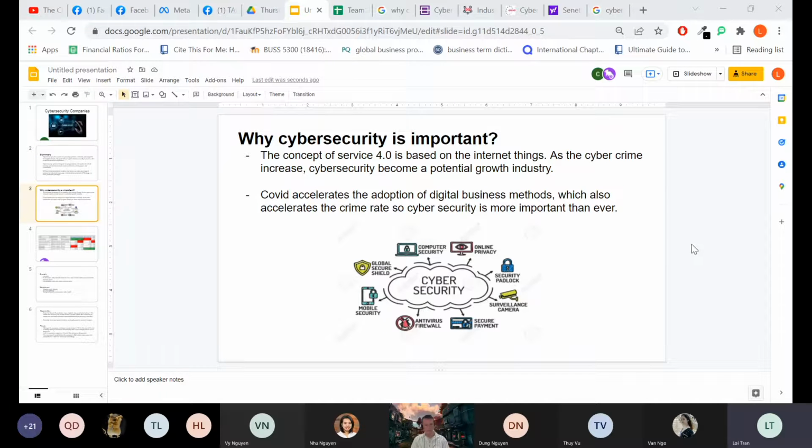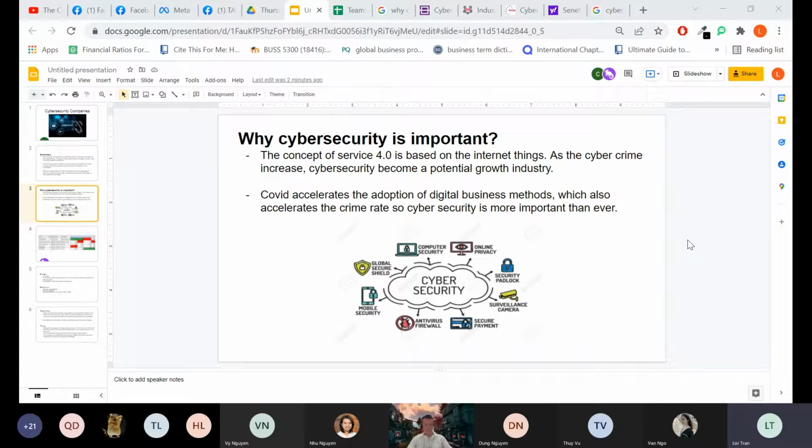And why cybersecurity is important. The concept of Industry 4.0 is based on the Internet of Things. As cybercrime increases, cybersecurity becomes a pivotal role in the industry. For example, nowadays manufacturers all use robots to produce or manufacture many kinds of products, CDs, or many kinds of